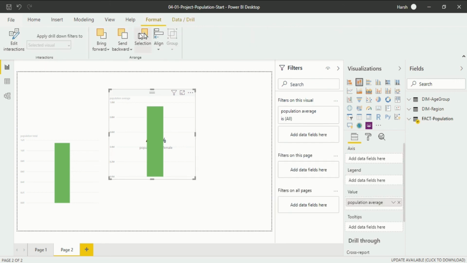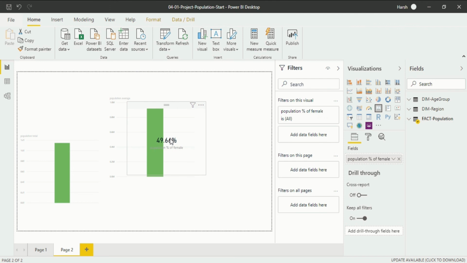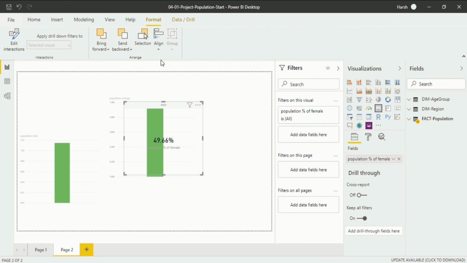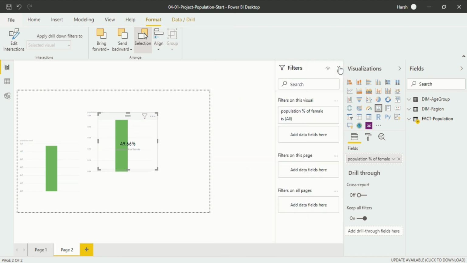Again we want to do it again. After that, click on send backward. Again click on the screen, and you will see the visualization again. Now you can see the visualizations are in front. So you can use the format section for arranging your views. Selection is also available. It manages the visibility and layering order of objects in your report. You can use a selection feature, like there are three layers available to you. If you want to select any of them, you can use the selection pane.